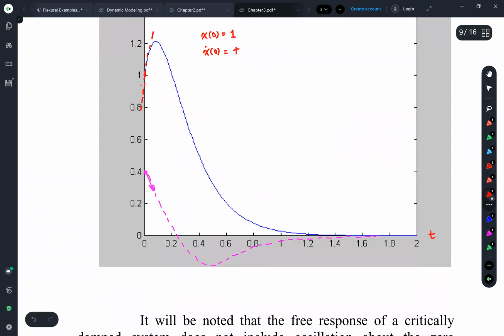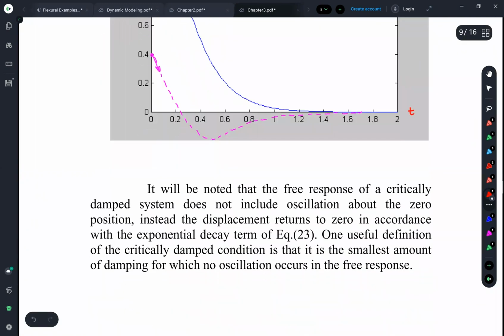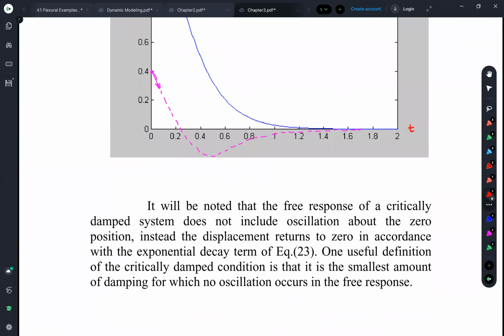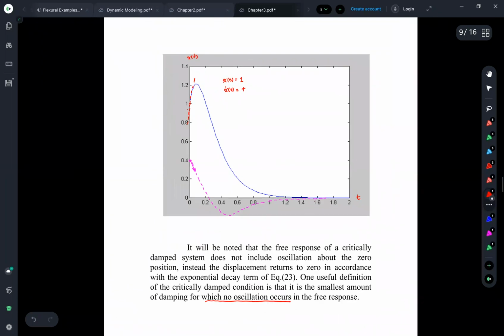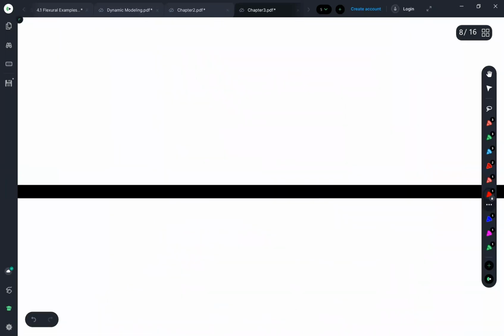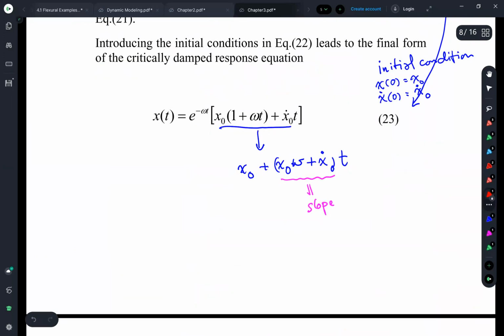I need the pink line here and plot it to show you, because in discussion with my previous student, they found that when I say there is no sine term, no sine and no cosine term, in the last one, equation number 23, it contains no sine and cosine term, therefore you cannot expect the sign to change from positive to negative